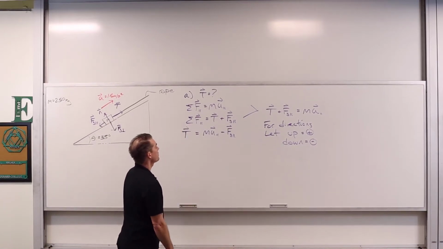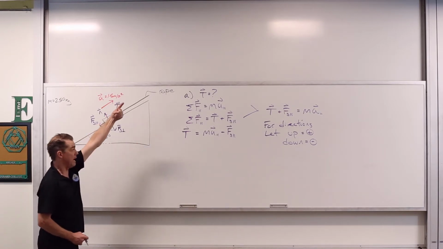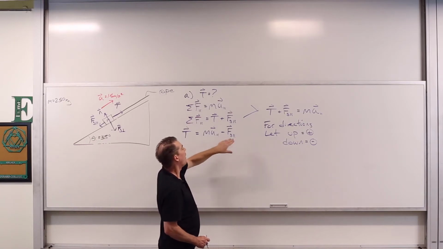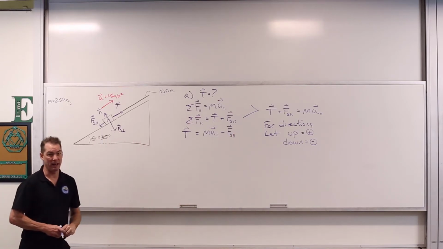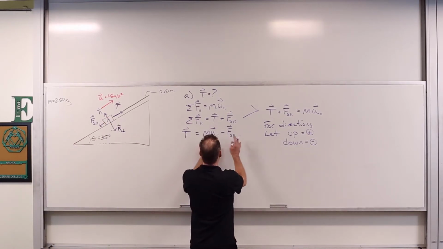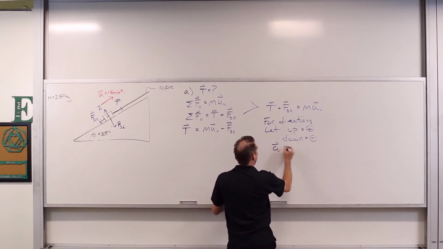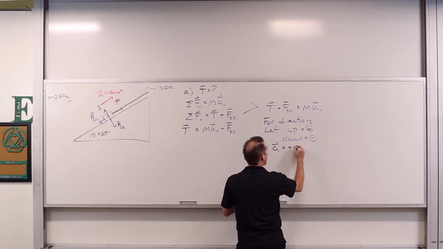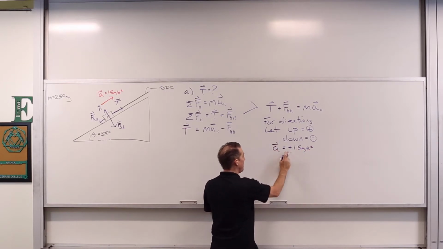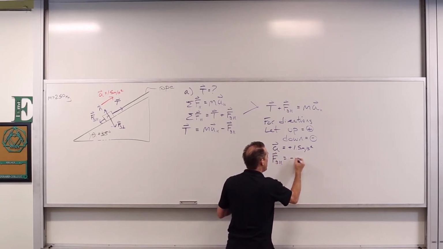What does that do for us? Well, that makes our A parallel hat positive because A parallels up the incline, and it makes FG parallel hat a negative quantity because it is down the incline. So when we write these out, we have that A hat is equal to positive 1.5 meters per second squared. The plus sign means up. And we've got FG parallel hat is equal to negative